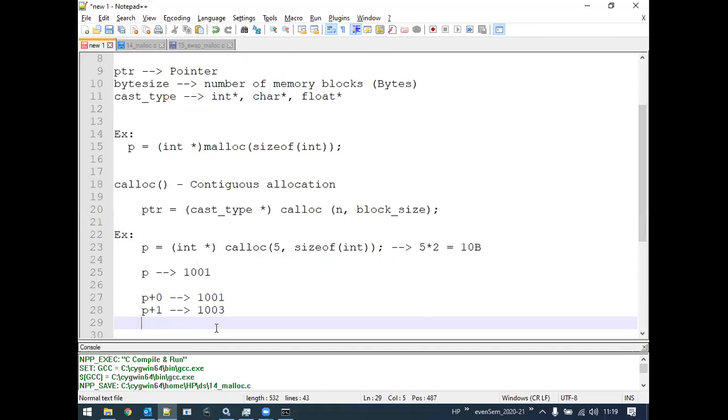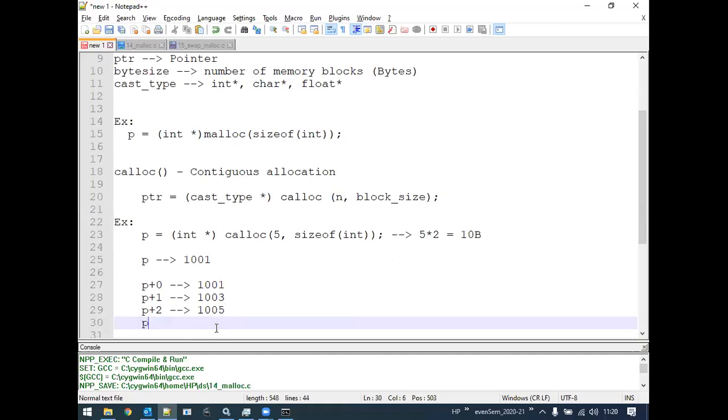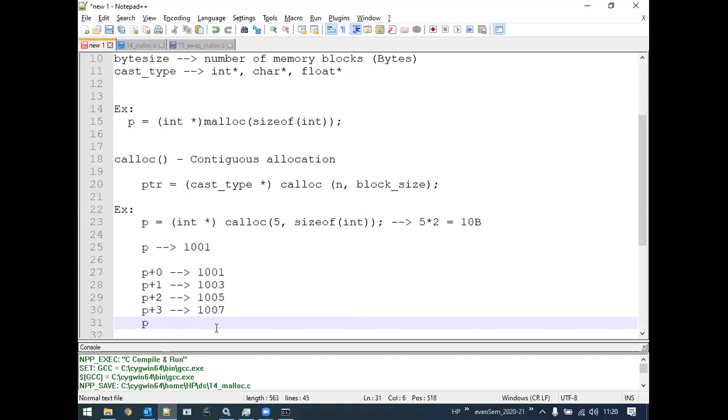Very good. Then p plus 2 will give me access to 1005. Then p plus 3, 1007, and the last one, p plus 4, will give me access to 1009. So in total, from 1001 up to 1010, 10 memory blocks will be allocated when this particular statement is executed. And each block here consists of 2 bytes.